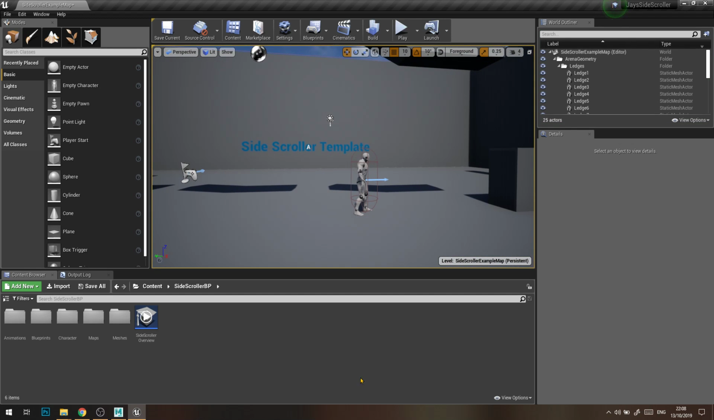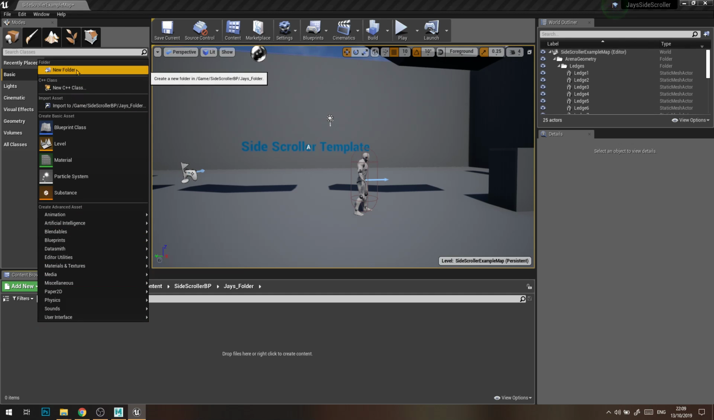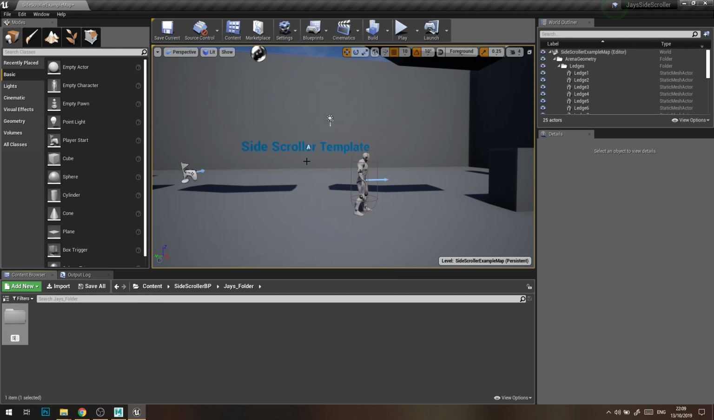Right, so good practice. In the content browser at the very bottom, I'm going to right click, create a new folder and name this J's underscore folder, just so I know that if I bring anything into the scene, it's all going to be saved in here. All right, so we made a J's folder. We can make a new folder within this called static